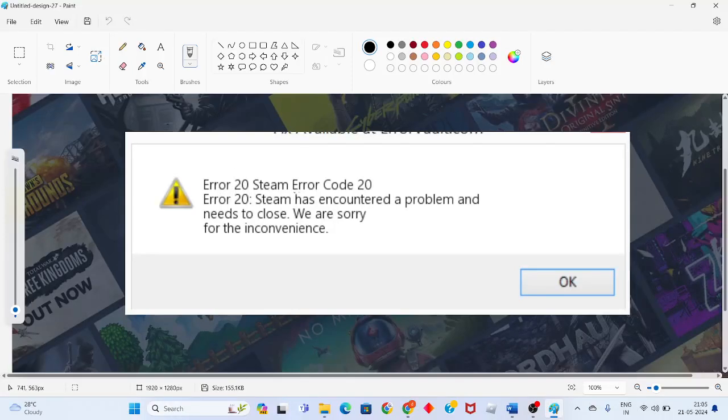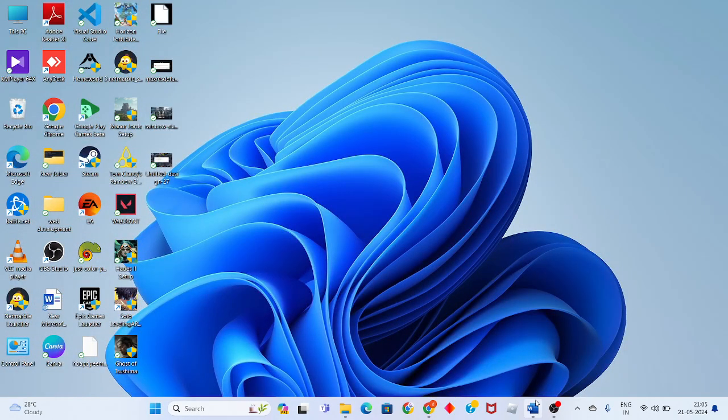Today we fix the problem for Steam error 420. If the error is showing, then follow these steps one by one to solve this problem. Okay, then go to the first step for